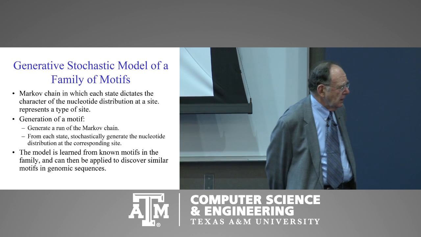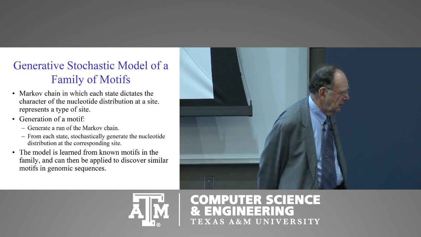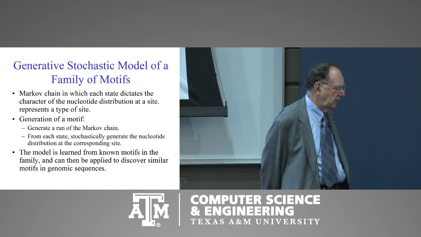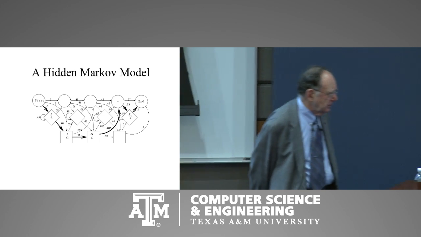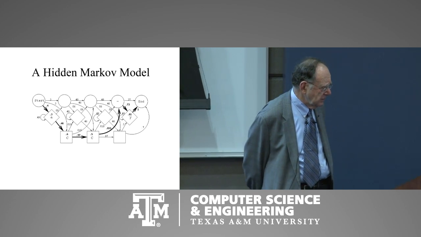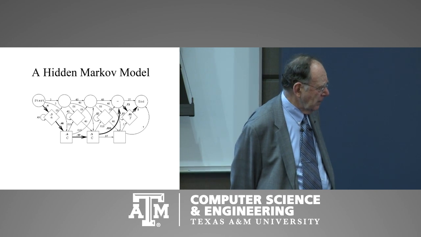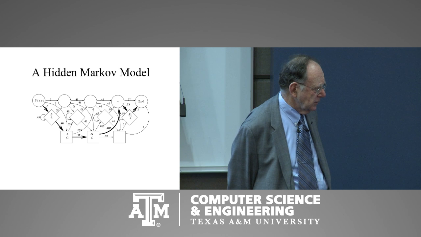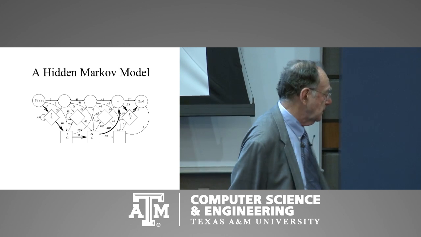And a reasonably general stochastic model for a family of motifs is given by what's called a hidden Markov model, a Markov chain in which each state dictates the character of the nucleotide distribution at a given site. So a hidden Markov model is basically a stochastic finite state machine where the states represent the different columns in the motif. You have transition probabilities, and from each state there's a certain probability of generating a symbol. So a hidden Markov model is a Markov chain model for the generation of a family of sequences, and it's a fairly flexible model for